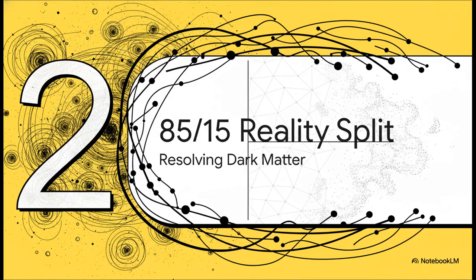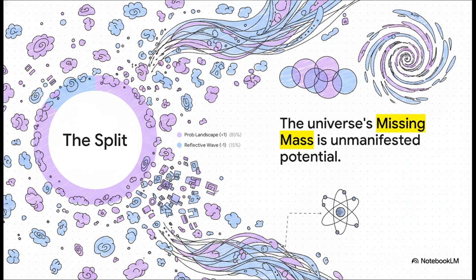Section 2. The 85-15 reality split. Resolving dark matter. Now, what's really interesting here is how Smith takes these deeply personal theories and boldly applies them to solve massive mysteries in mainstream physics. Case in point, the scientific community's missing mass, or dark matter problem. In the Summa Encyclopedia, which is basically the compendium of his theories, he argues the universe isn't actually missing any